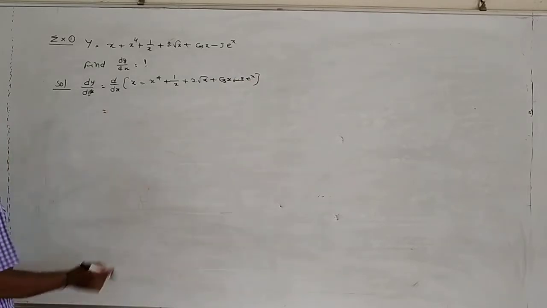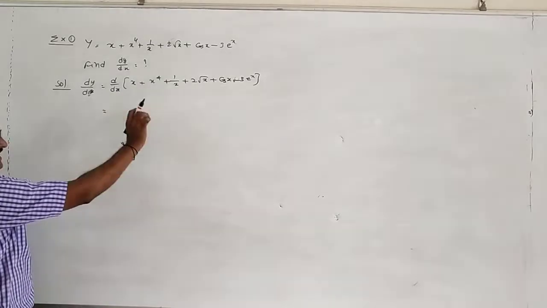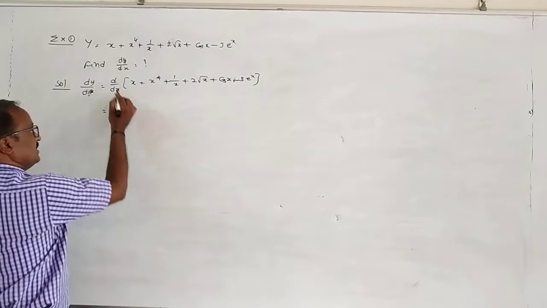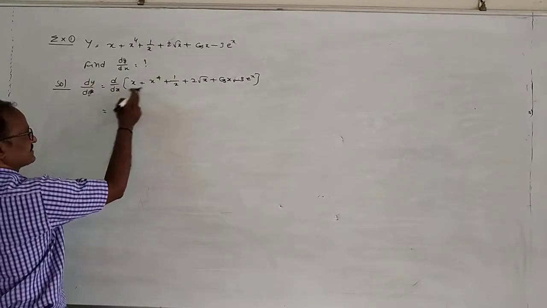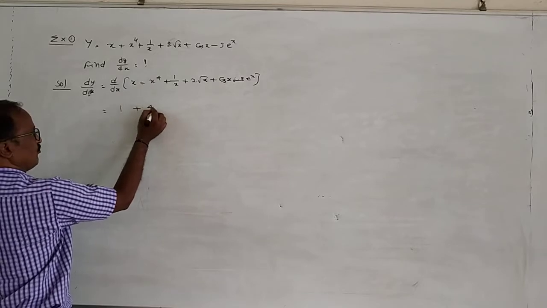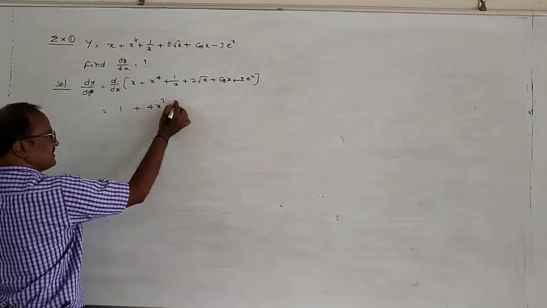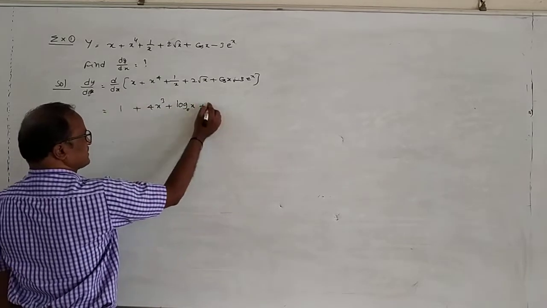Individually we can take the derivative of each and every function in this case of addition. Dy by dx of x is equal to 1, plus dy by dx of x power 4 is equal to 4x cube, plus dy by dx of 1 by x is equal to log x, plus dy by dx of